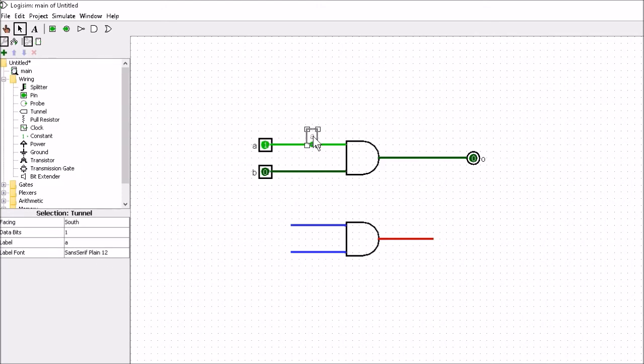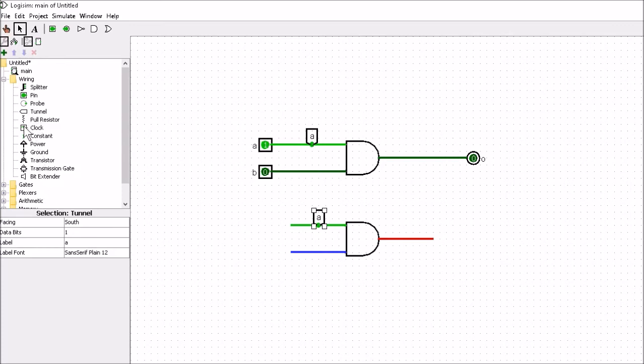Then if I was to take a copy of this tunnel, and then move the copy of the tunnel down, wherever I move this to, it'll give us the same value as A. So when I connect it onto this point here, then you see this goes green, because this point here is in effect this point here. So that's all a tunnel does. It makes it easier to connect things together, and we'd have less wires cluttering up our drawings.